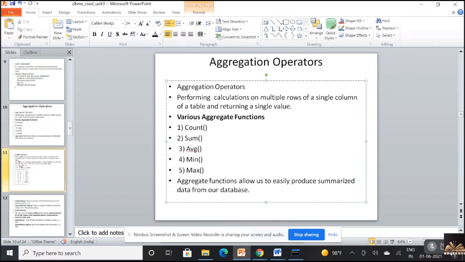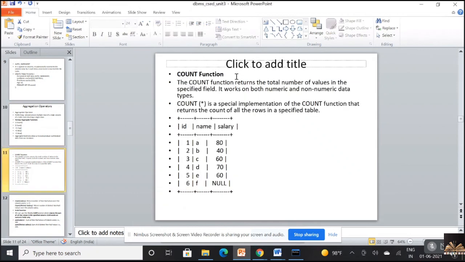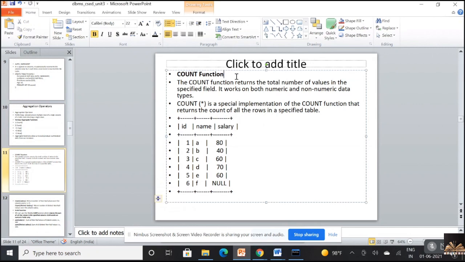Okay, now see, the first one is the count function. The count function returns the total number of values in the specified field. And it is used on both numerical and non-numerical data types.